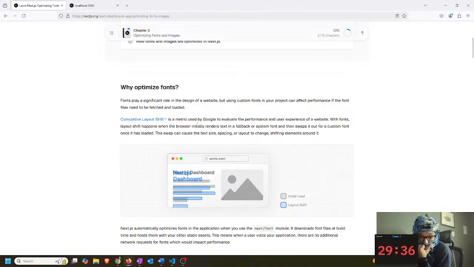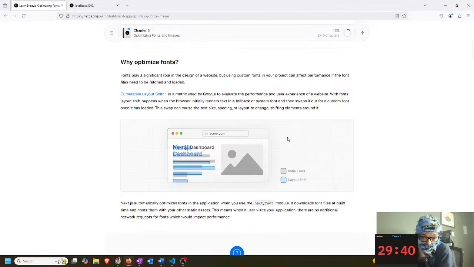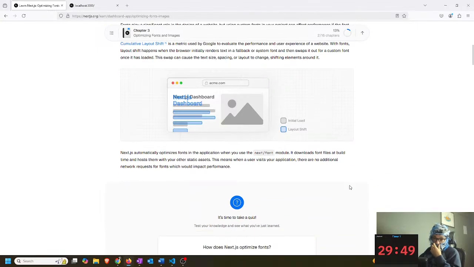Cumulative layout shift is a metric used by Google to evaluate performance. With fonts, layout shift happens when the browser initially renders text in the fallback or system font and then swaps to the custom font. I think we've all seen that, where it shifts and you're like, whoop, hate it. You're trying to click on something. Anyway,